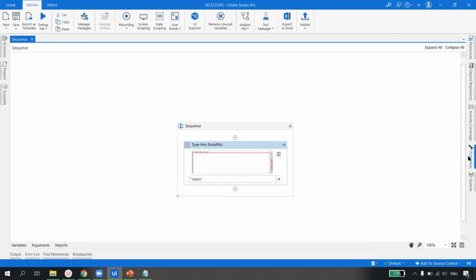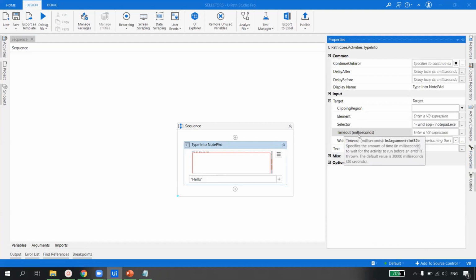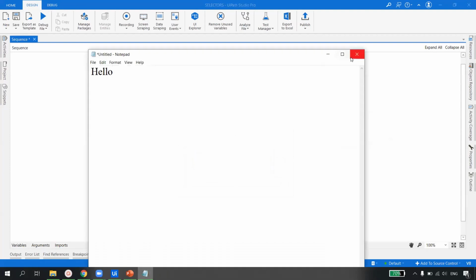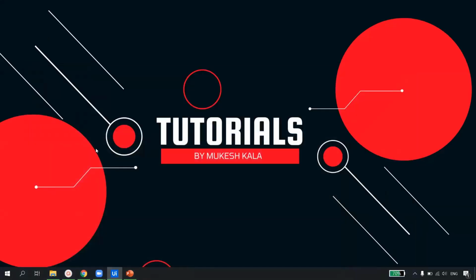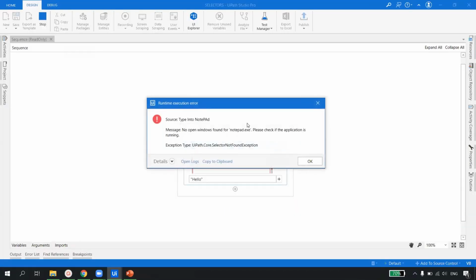Now do you understand the concept of timeout? It is in milliseconds. As of now it is just waiting for 30 seconds, right? Let me change this to 5,000. Now it will only wait for 5 seconds, and within 5 seconds it will give the error. I have reduced the time to 5 seconds. The bot will start the processing. It will look for 5 seconds only: 1, 2, 3, 4, 5 seconds, and it has given the error, right?